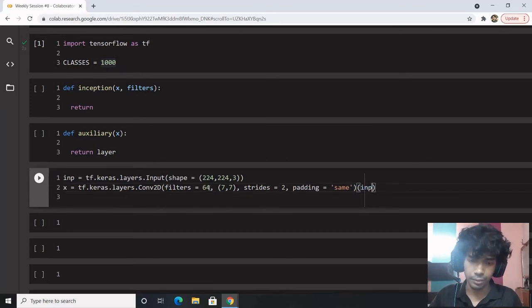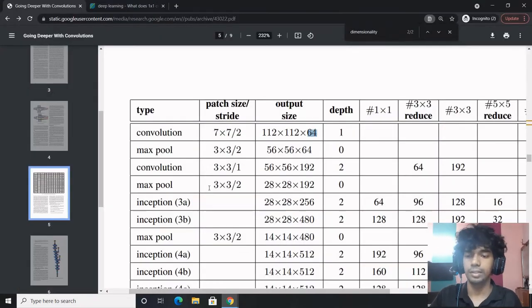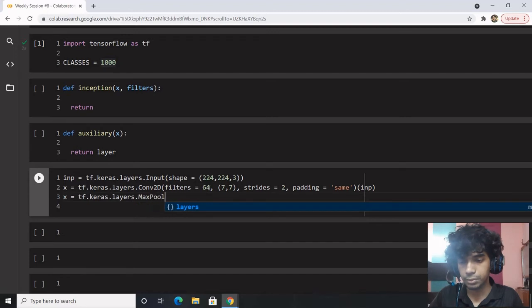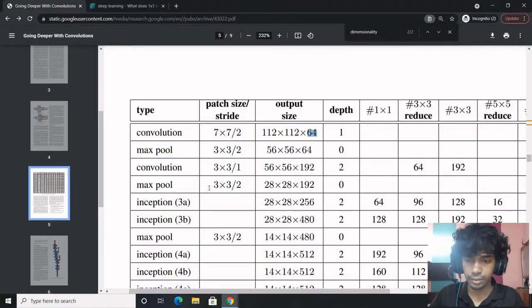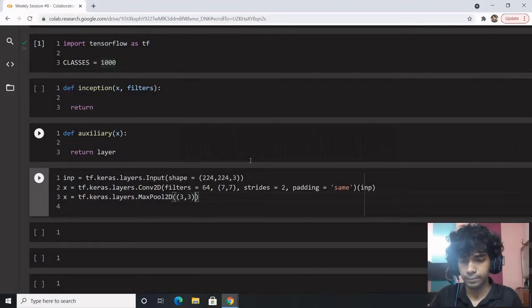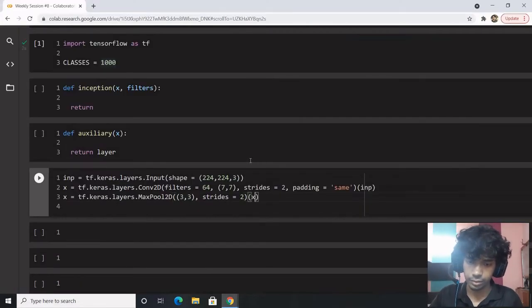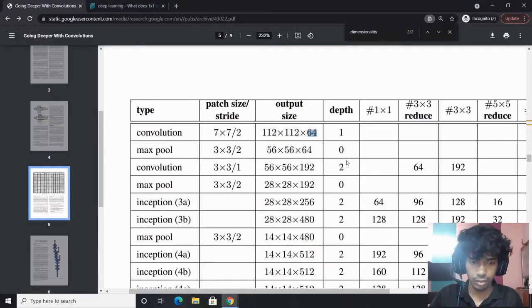We'll pass the input in a functional manner. Now we have max pool, x equals tf.keras.layers.MaxPool2D with pool size 3 cross 3, strides as 2. Done.